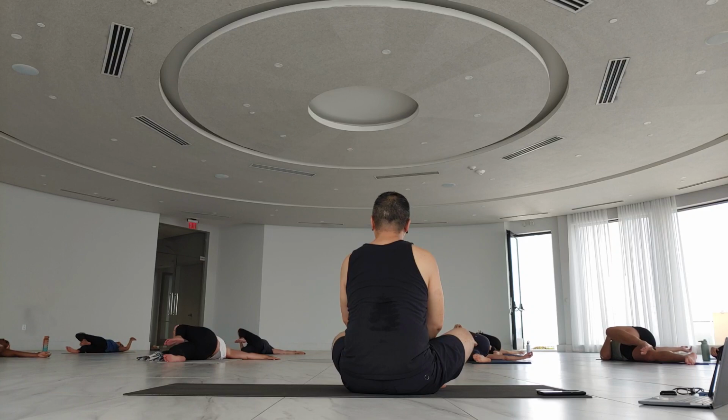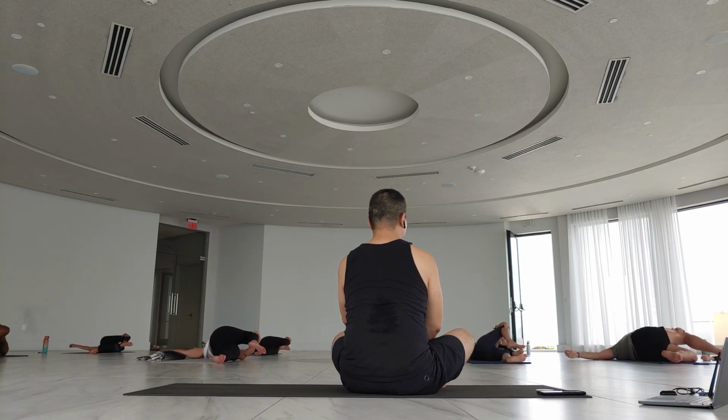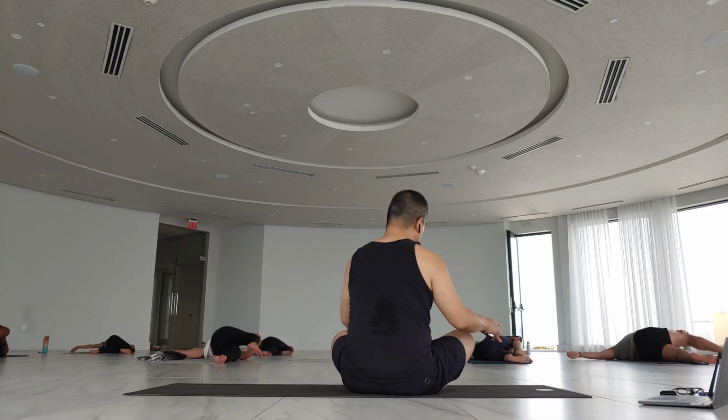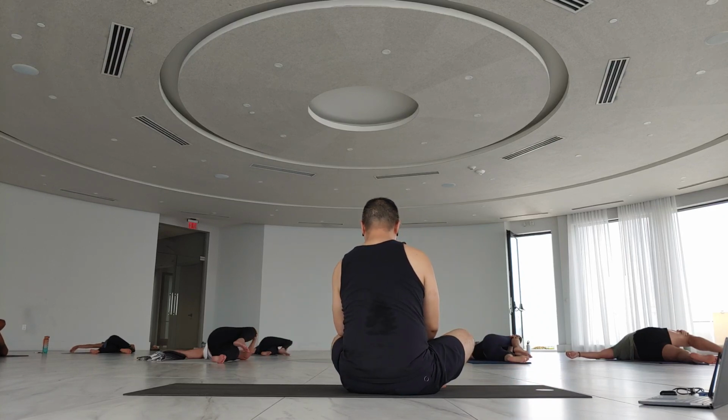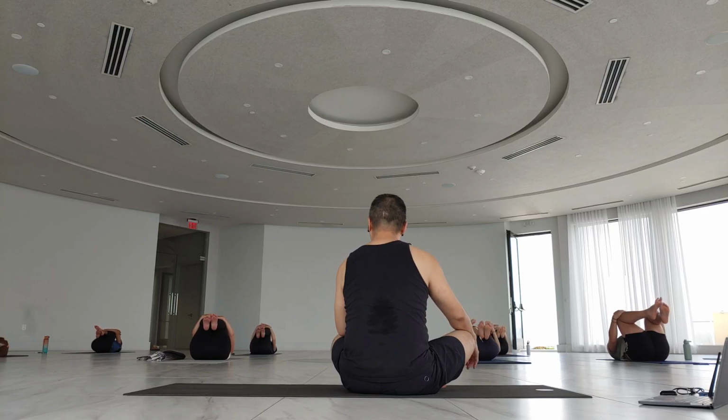Take it back to center, switch legs, switch arms, and twist to the other direction. And gently take it back to center, hugging both knees in. Once you're feeling pretty neutral, feeling pretty good, and you're ready, step the feet to the floor, slide the legs